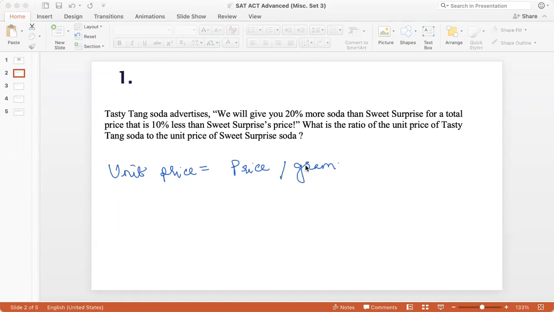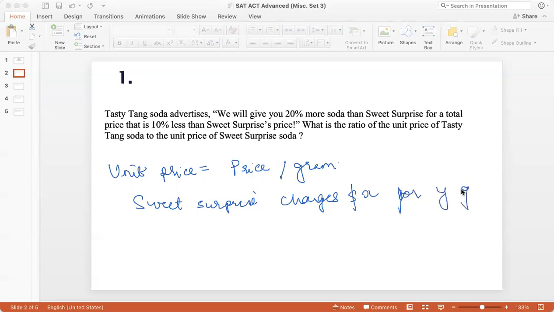So let's say that Sweet Surprise charges X dollars for Y grams of soda, right? Or we can say Y ml of soda. So then the unit price for Sweet Surprise would be X by Y, right? Now, what about the unit price of